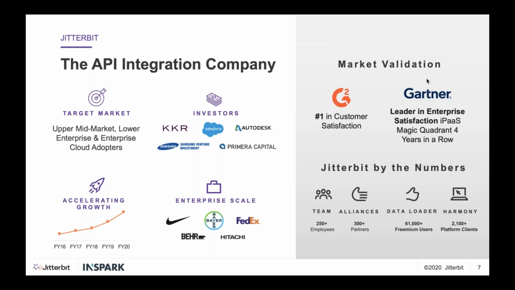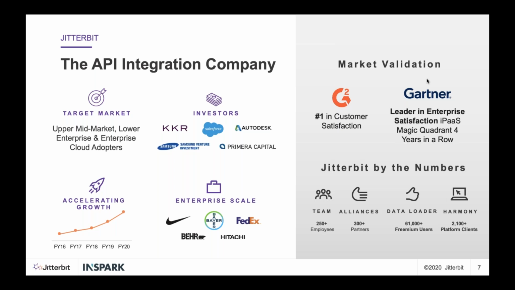So this already proves, G2 Crowd and Gartner already prove how successful your solution and your company is. And by the way, I would like to say this, in the past, we were always looking for large solutions, large products, large companies, big companies.